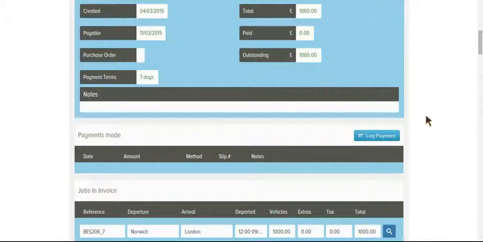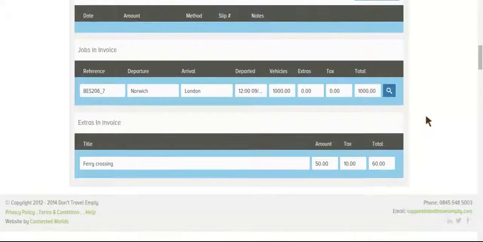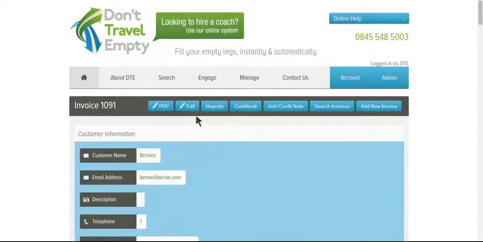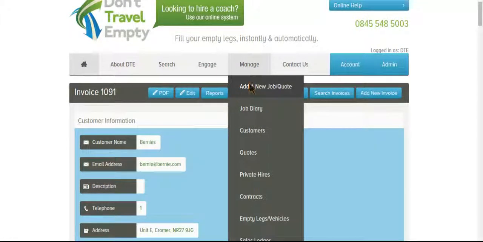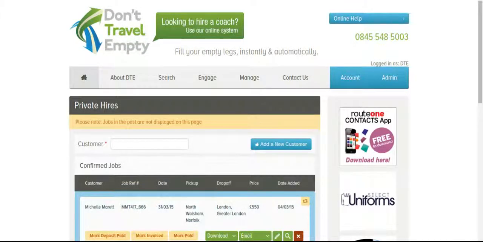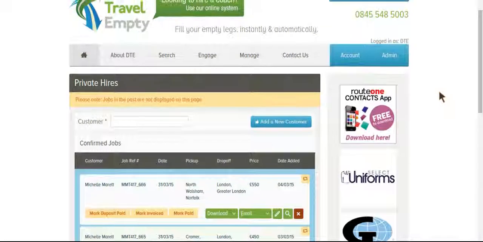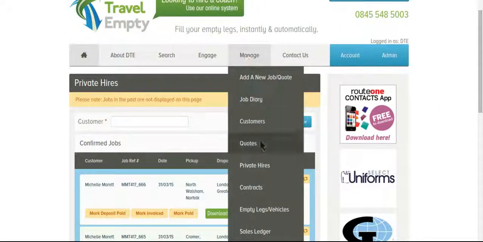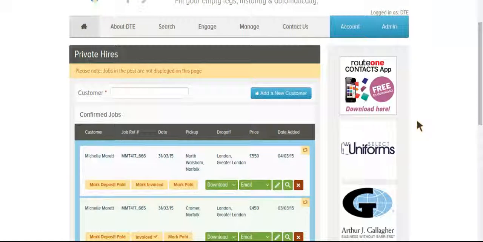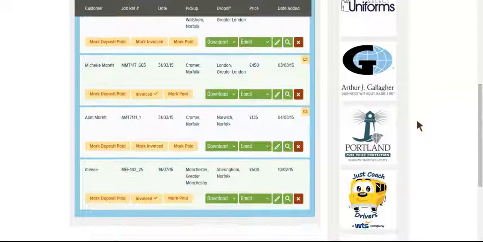Log payment we'll cover in another tutorial as well. The jobs that have been invoiced, you can see clearly here now with the additional charge. And if you need to at a later date, you can come back and edit that invoice for whatever reason and change information on it if you need to. Now, it's also worth bearing in mind that you can still create an invoice in a very quick fashion by going to Manage, coming to Private Hires, as I just did, and then all the private confirmed jobs that are in here